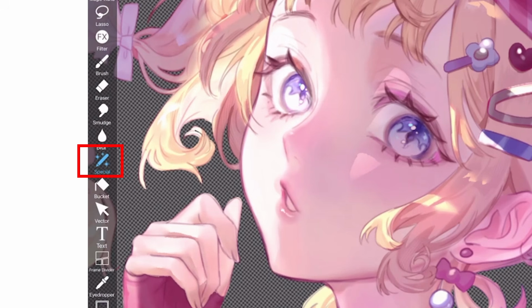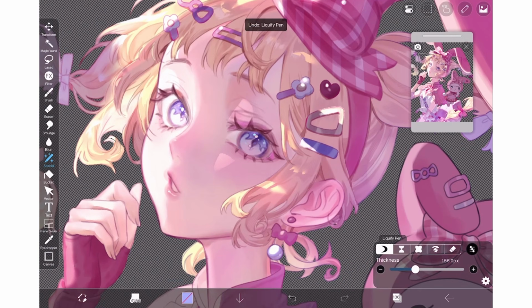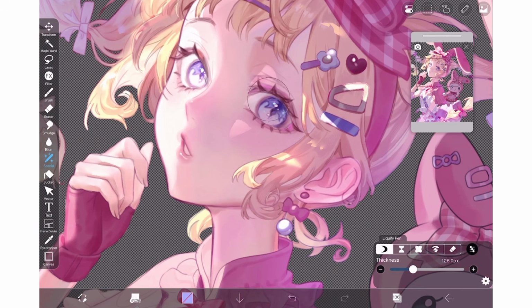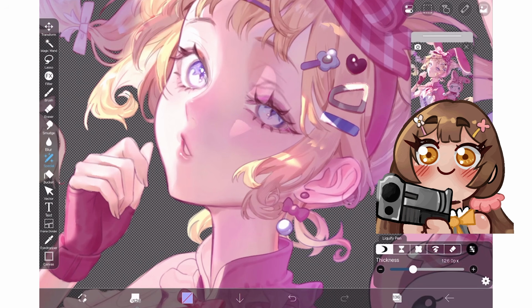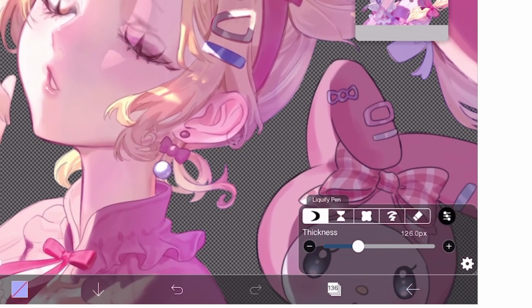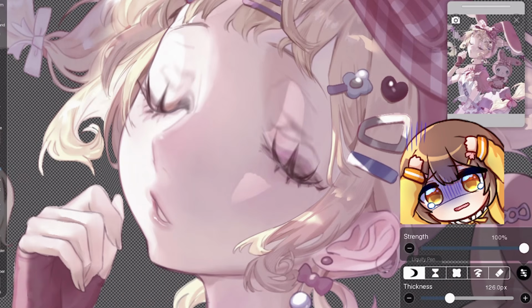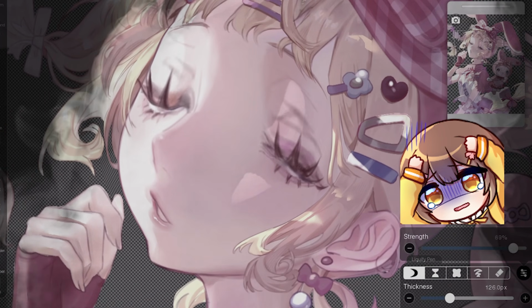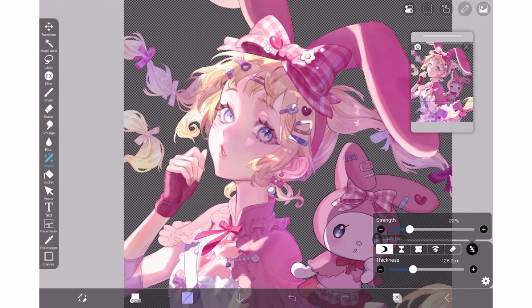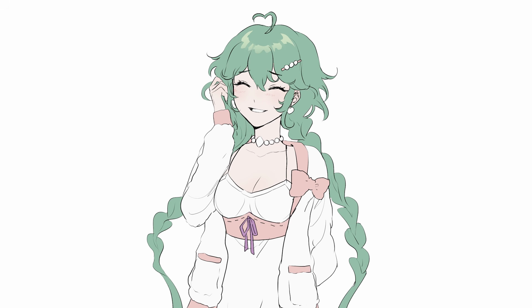Now select the special tool and then liquify pen and drag your eyelash down so that it turns into a blink. This was really difficult and I just could not get it to look right, so I pretty much gave up at the end. Then you'll want to open the cogwheel and adjust the strength to create your blinking motion. And mine turned out... Ah! What is that? Terrifying. Very, very terrifying. I did not like this at all. Let's move on quickly and pretend this tutorial never happened.